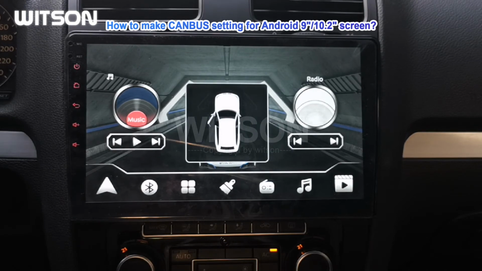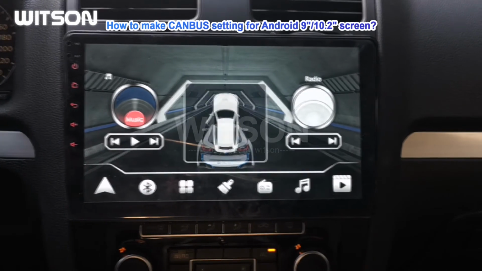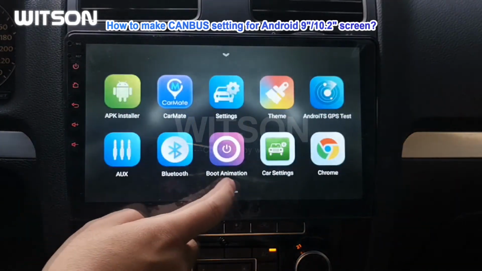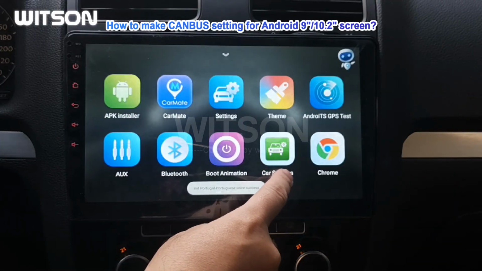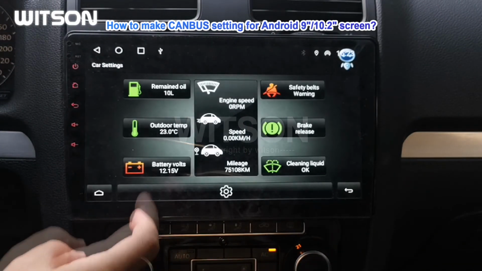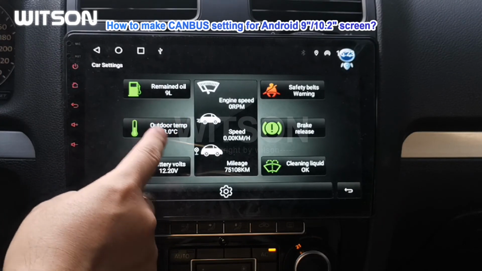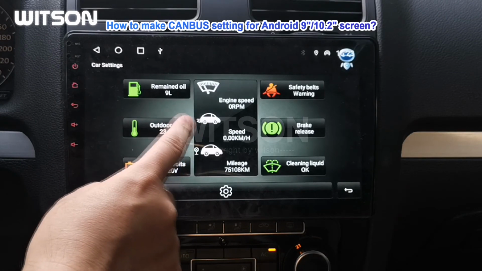Okay, now I try. The car alert displays, and one new APK, car setting, is installed,